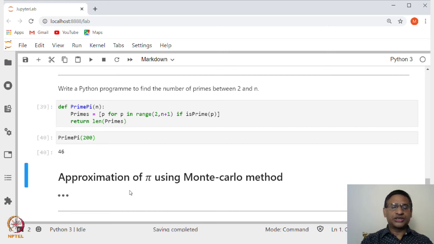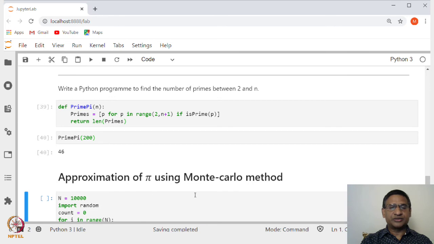and then what you do is you generate some large number of random points. Each point will have coordinates between -1 and 1, and then count how many of these points are inside this circle and how many points are outside this circle. If it is a unit square, its area is 1, however, the area of the unit circle will be pi, right. So, the probability of a point inside the circle you can find out, and that is how you can approximate the value of pi. This is what is known as the Monte Carlo method.